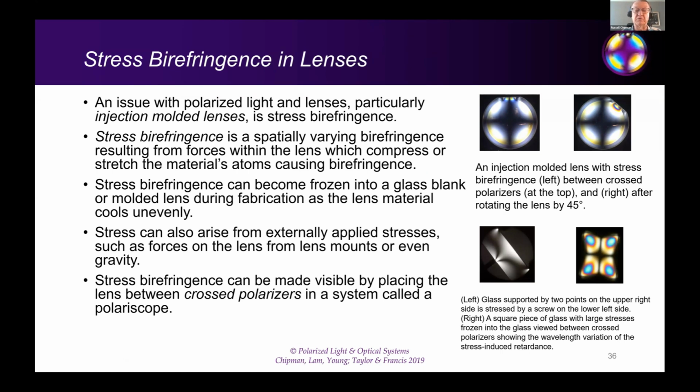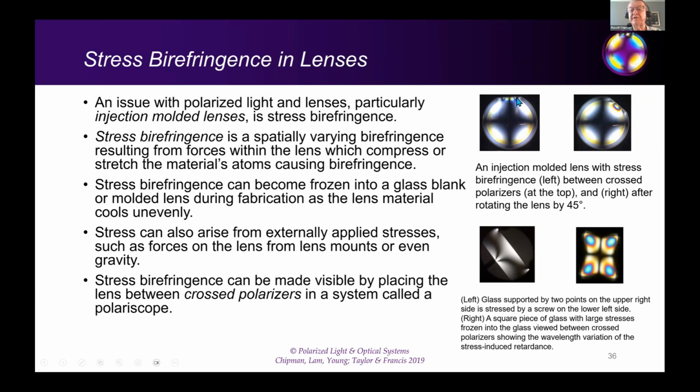Okay, so now we use a lot of injection molded lenses because they're cheap, in consumer optics, and we can make aspherics. But because of the injection molding process, there's inevitably stress that remains in these elements after molding. So here we show the lens between cross polarizers. It's dark across here X, dark across Y, but there's light leaking through the corners because of the distribution of stress in the